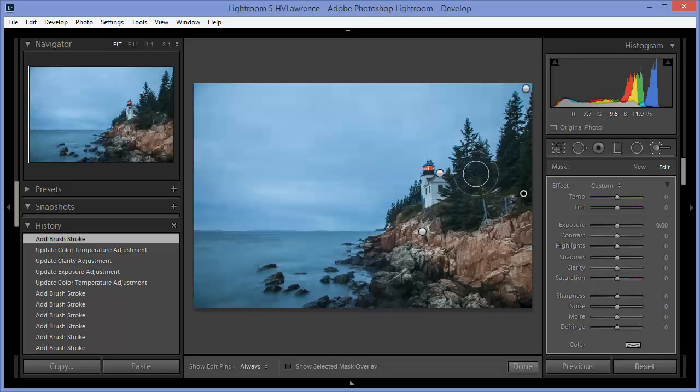They're a little bit blue and a little bit milky, so I'm going to increase the warmth, tint them a little bit more green, maybe bring up the contrast and the exposure. Clarity a little bit, saturation a little bit. I think that looks fairly good. So let's go back to our